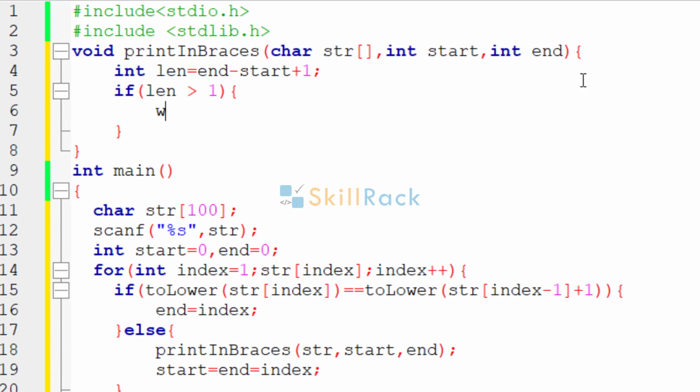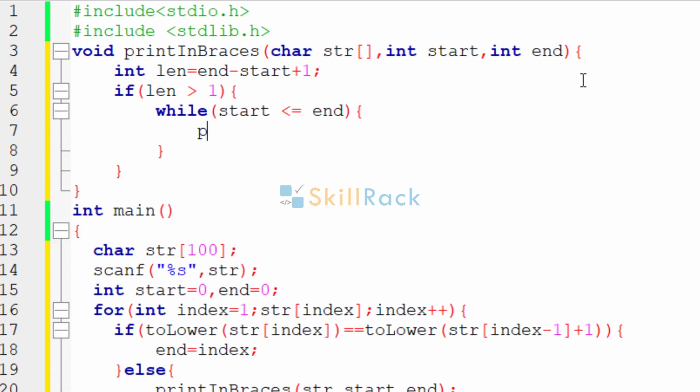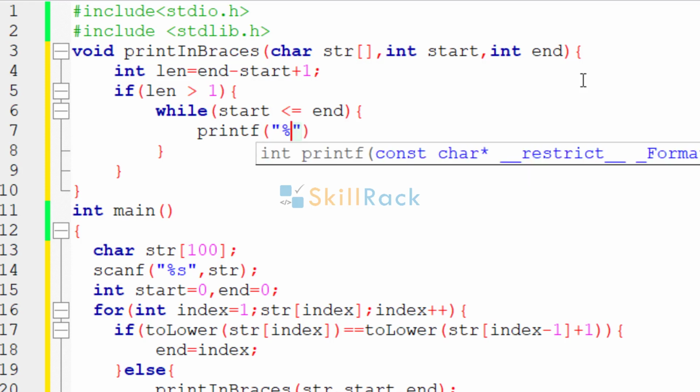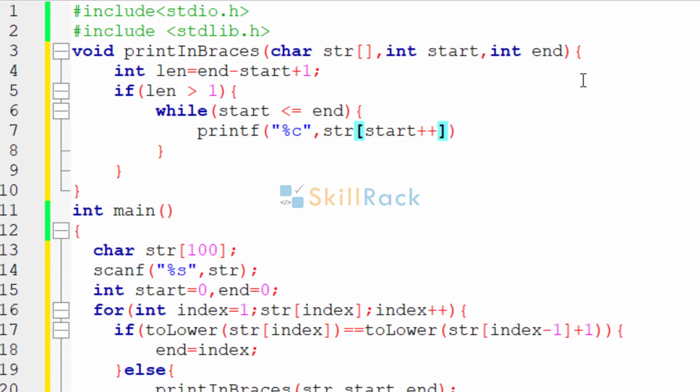then what will you do? While start less than or equal to end, you are going to print the characters. Printf of %c, str of start plus plus, because you must go to the next character after that, right? So we are going to print till the ranges.